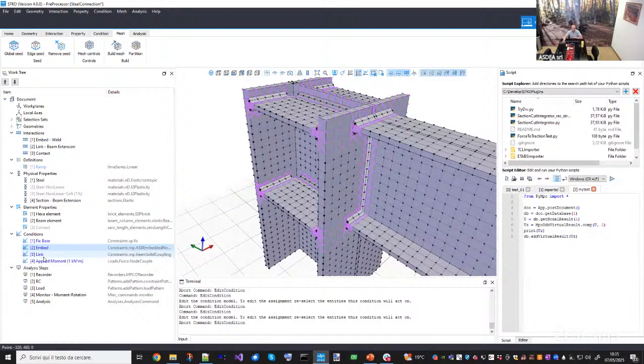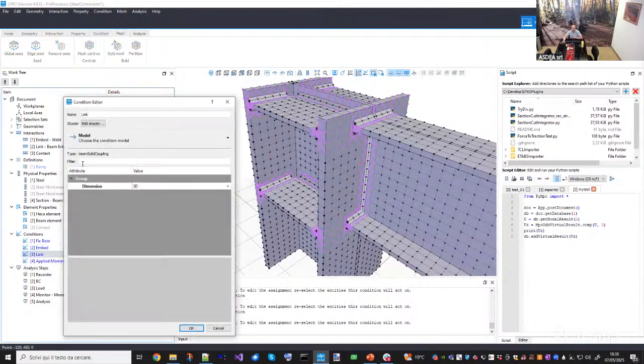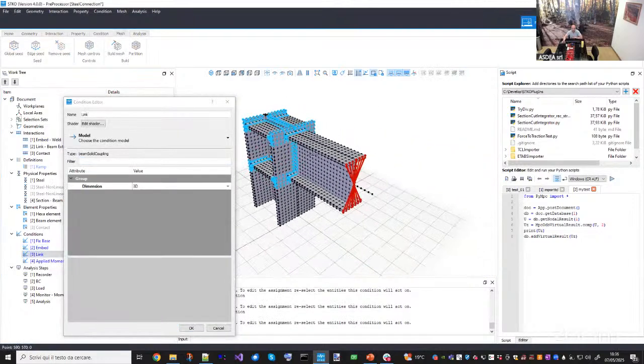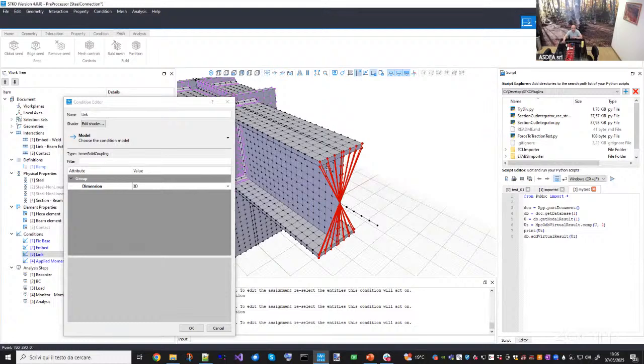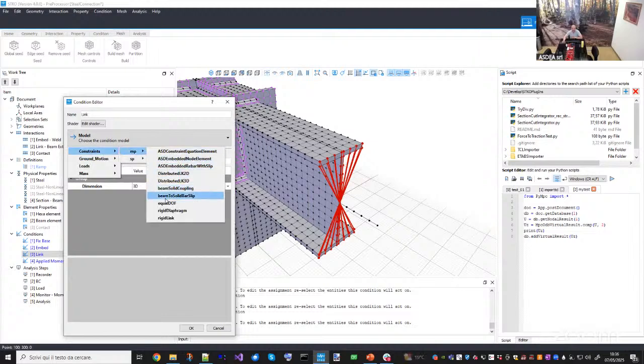Then you need another condition, another multi-point constraint, which is the beam solid coupling. This one instead is assigned to this interaction here. As the name suggests, it is a condition that is used to couple a node which has 6 degrees of freedom, in this case the node of the beam, to a set of nodes with only 3 degrees of freedom, which are the nodes from the solid element. Okay,